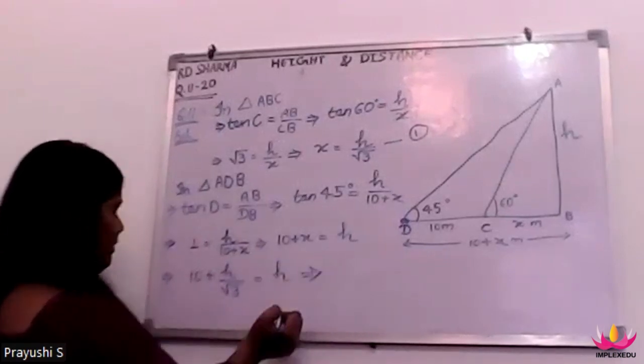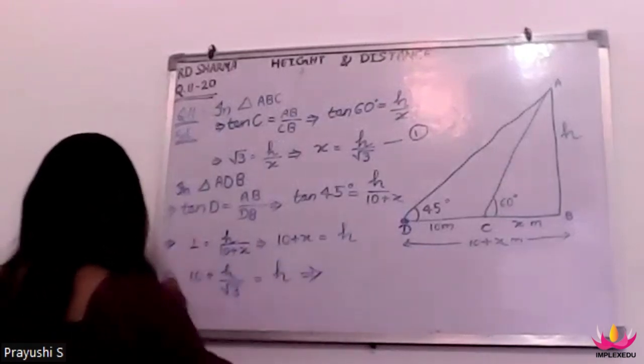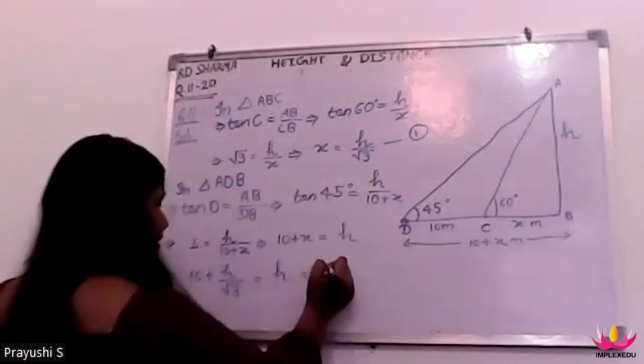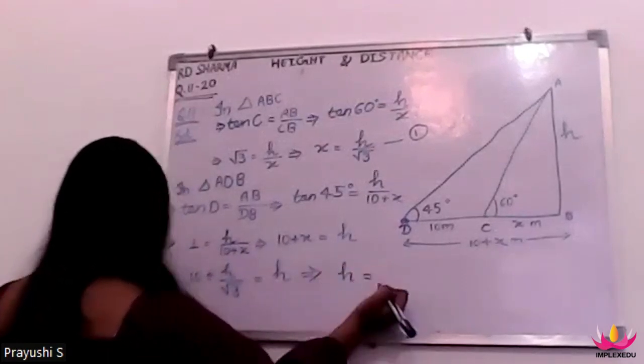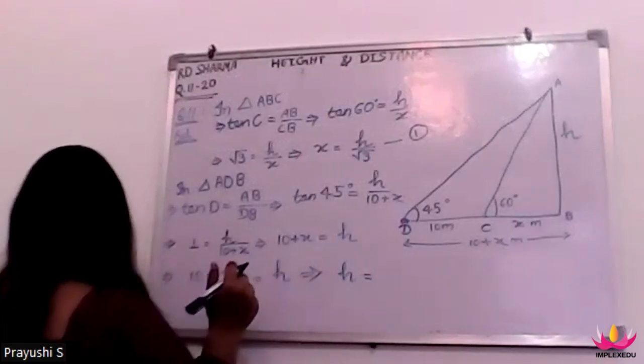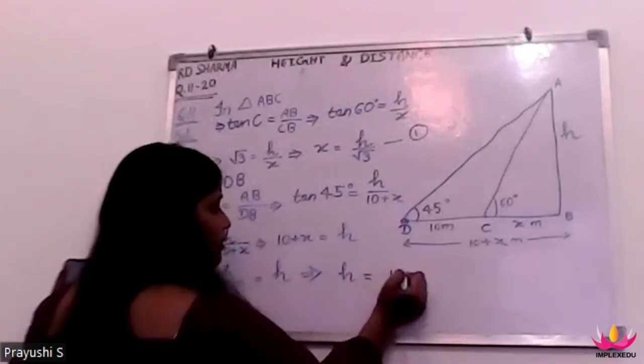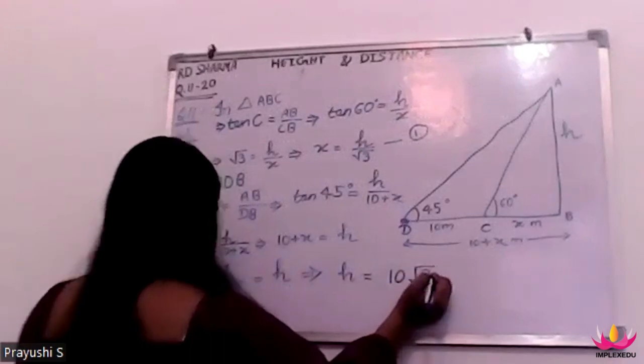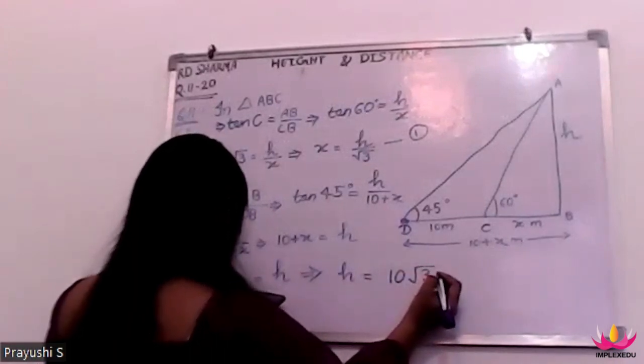From here, when we solve this, h will be equal to 10 root 3